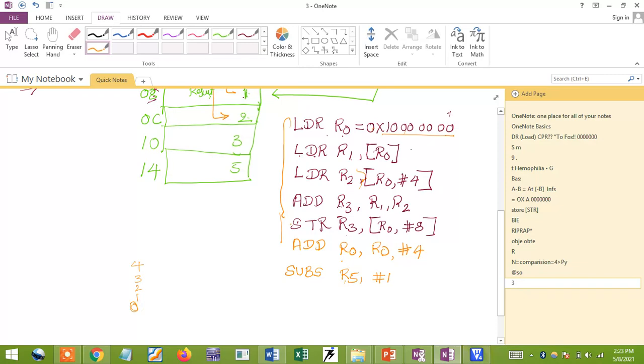Finally it is 0. When it comes to 0, I'm checking only the Z flag here. The Z flag is 1 when my result is equal to 0, when the count value comes to 0. If the count value is not equal to 0, then Z is 0 by default. Only if the count value comes to 0 is Z set.